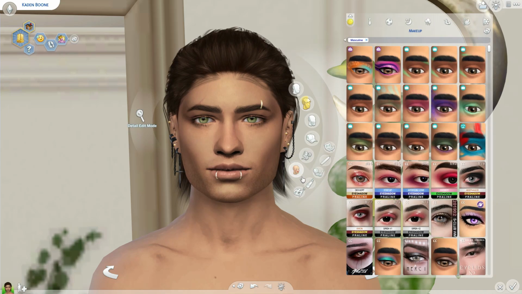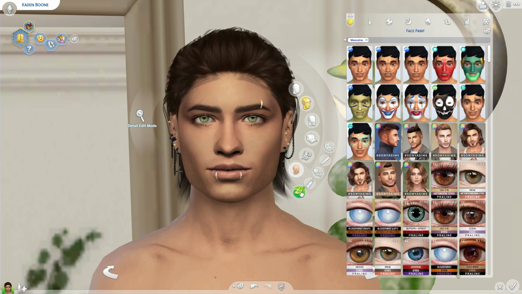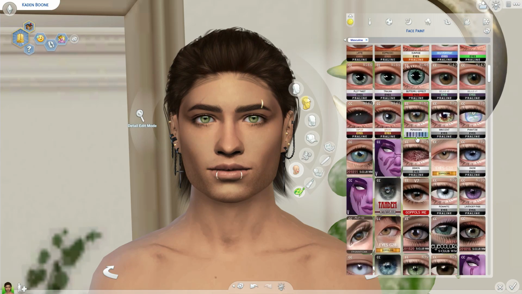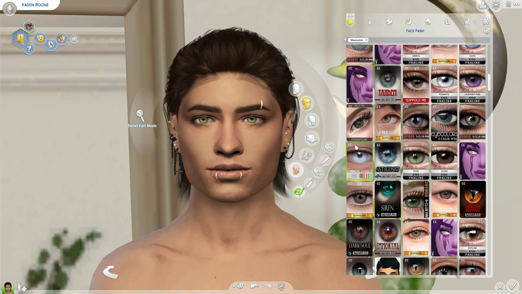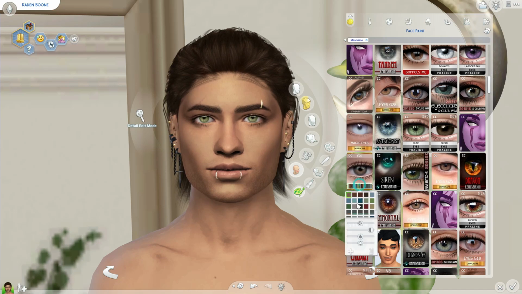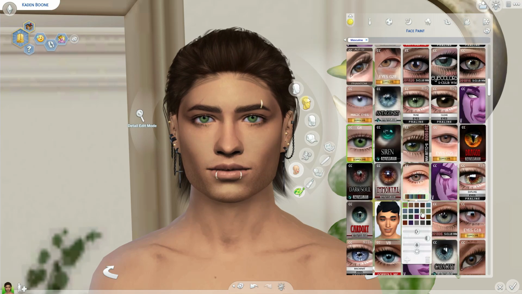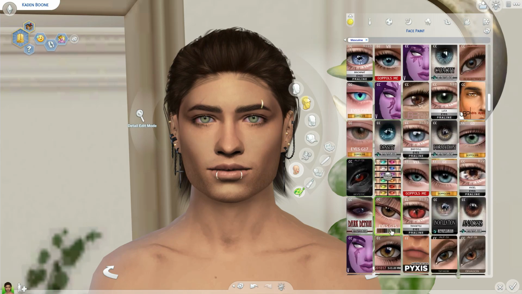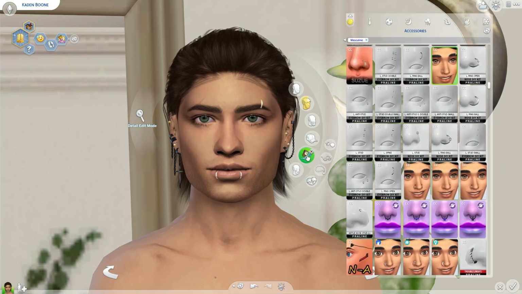And then, as I said, I want to give him some different colored green eyes. So since we have a lot of options I could check from here, typically I like the Eyes by Gold Pulse Me. You have a lot more different options that also feel, in my opinion, very lively. So let's see if we can find some nice ones. These are always very, very nice, and they have some really nice color options. Like, look, these are a little bit darker, but you do see that he still has life in his eyes. And what I am going to do to bring just a slightly bit more life to it